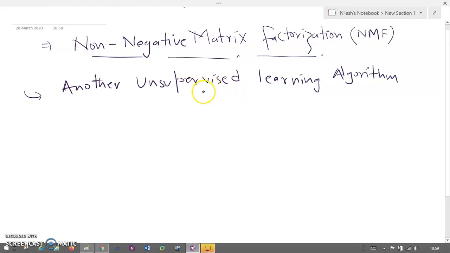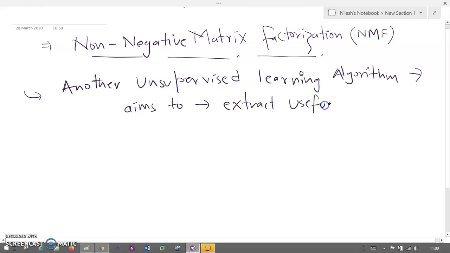I hope you can see this. I think it is written properly. Another unsupervised learning algorithm which aims to extract useful information, and by means of the information I just want that it is nothing but my feature. It will extract the useful feature from the complete data set. So by saying that it extracts useful information or useful features, it is